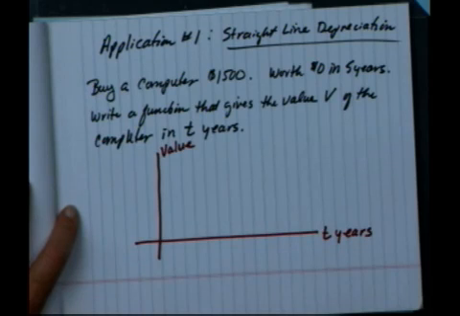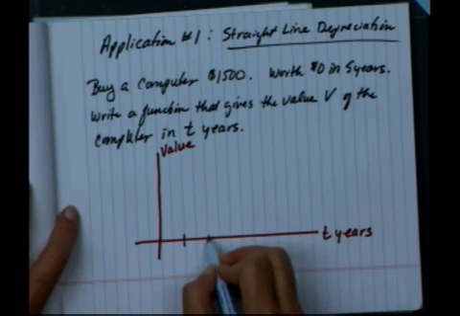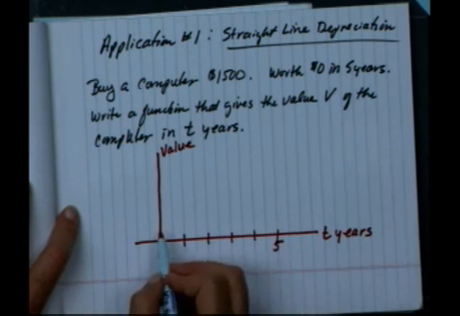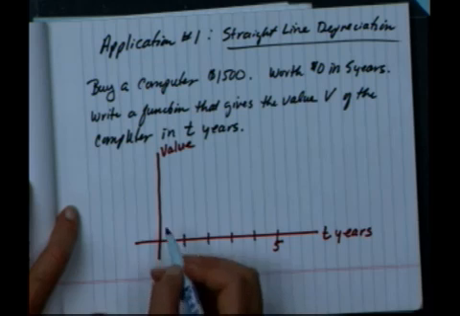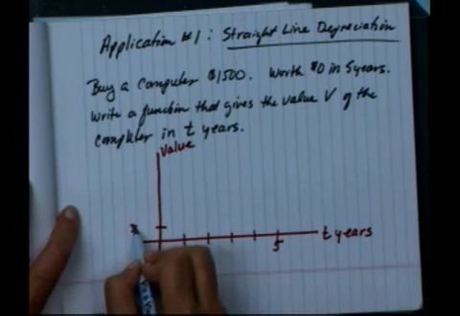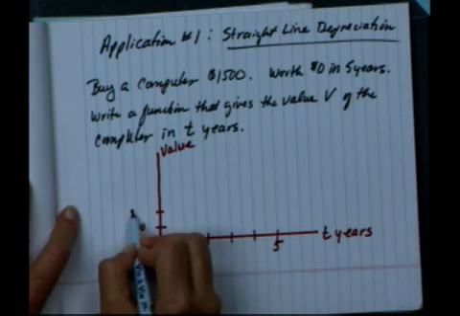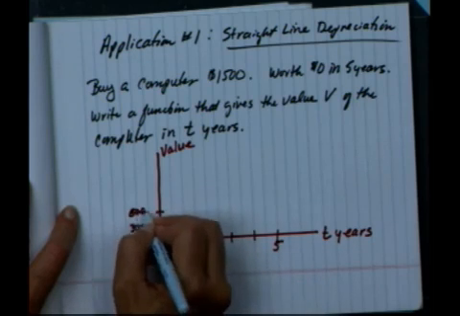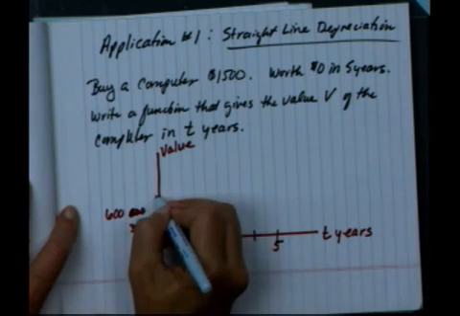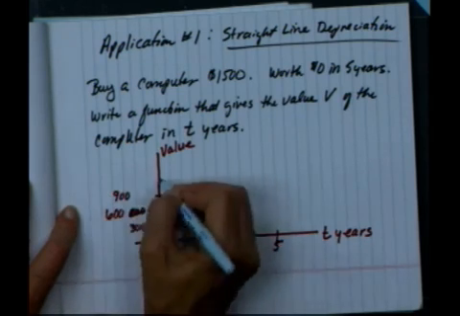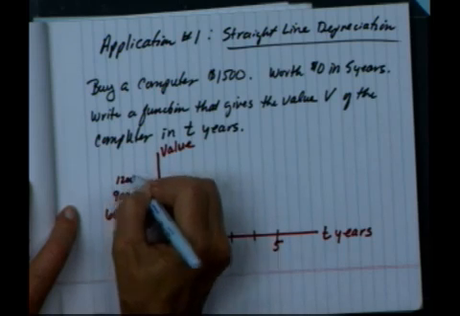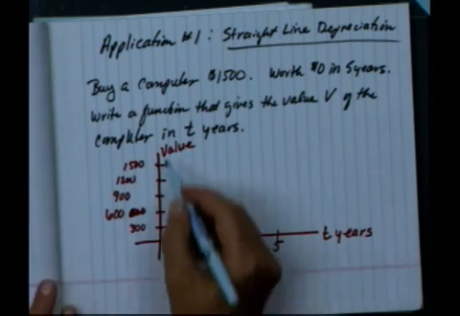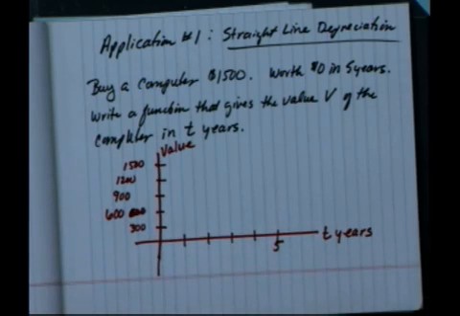Value of the computer. So we'll mark off our units 1, 2, 3, 4, 5. And along the y-axis, we will put in some units. I think I'll go 300, 500. Whoops, not. How about 600? I'm going to do by 300s. 600. The next one would be 900, 1200, 1500. Okay? Like I said, the units on the y-axis don't have to be the same as the units on